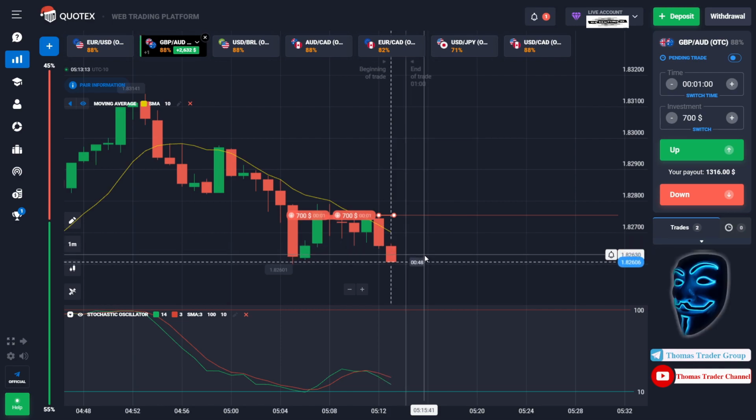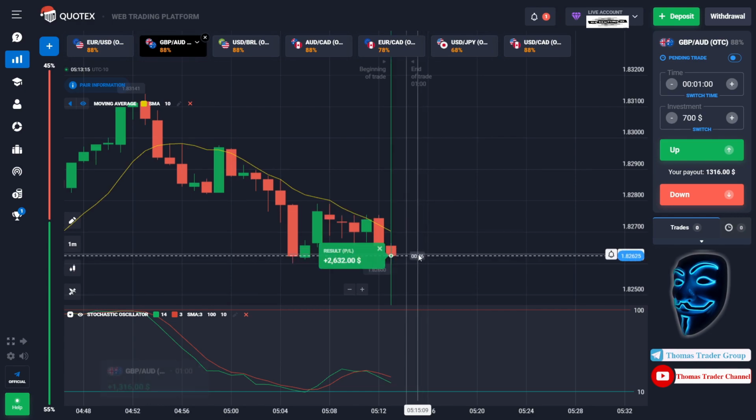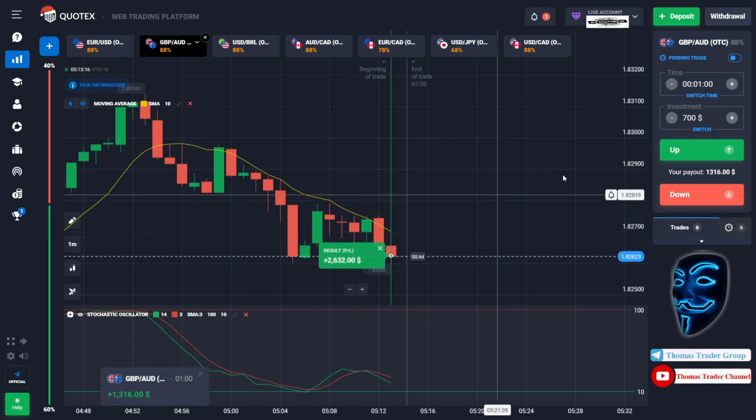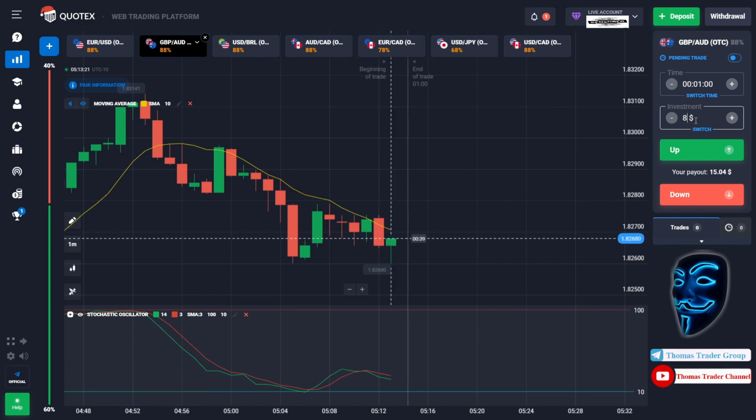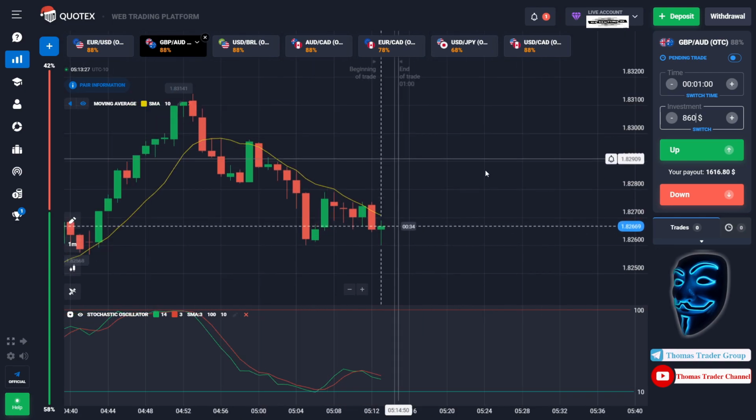We made a right prediction over here. We made a profit of $2,600. Let's divide it into three. We will open three positions of $860 in the next open position. And over here we still can open sell for 1 minute